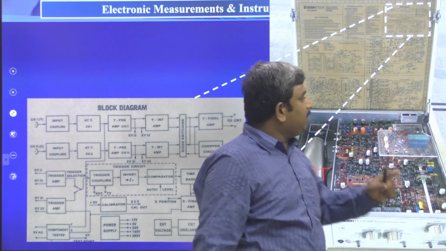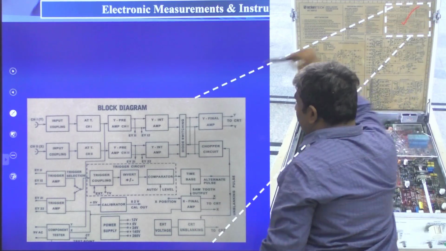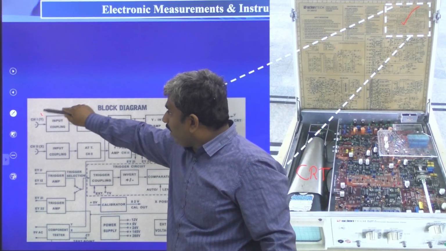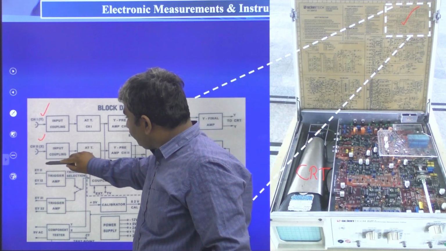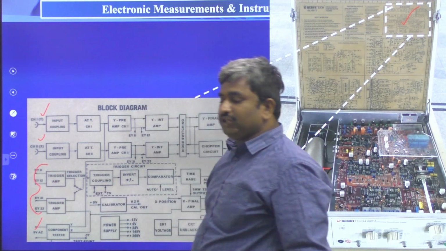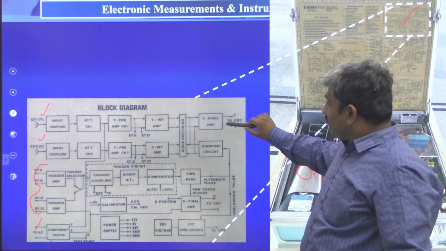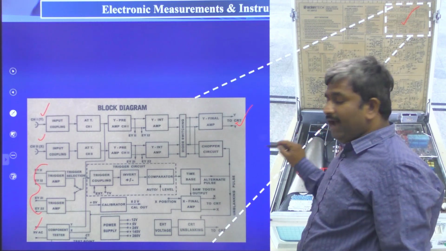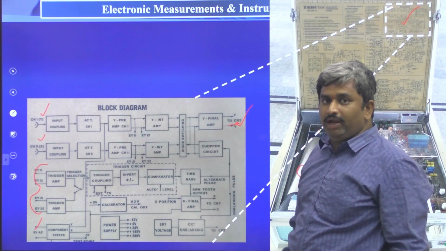And let us see the block diagram of the CRO. The CRO block diagram is given here. I have zoomed it here, and you can see the CRO block diagram. Here we have the channel 1 input and channel 2 input. Next we have some 9 volts AC signal and some trigger selection inputs. This is the output from the total motherboard, and this information we are connecting to the CRT, the cathode ray oscilloscope tube.